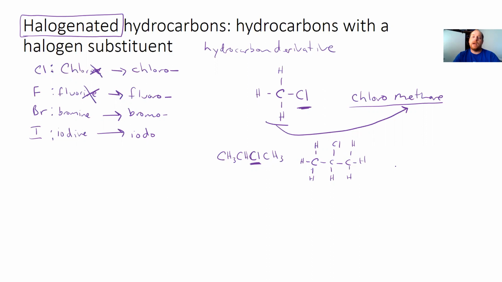And so you have a propane backbone, and you have a chloro substituent at the 2 position. Okay, so it'd be 1, 2, 3. So it would be 2-chloropropane,